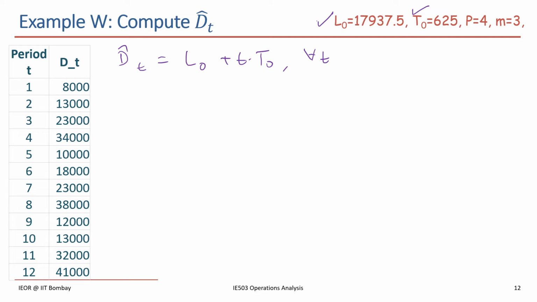We can just do a simple calculation. Let us take any row just as an illustrative example. Say D hat of 3 will come out to be L naught plus 3 into T naught, which in this case is 17,937.5 plus 3 into 625,